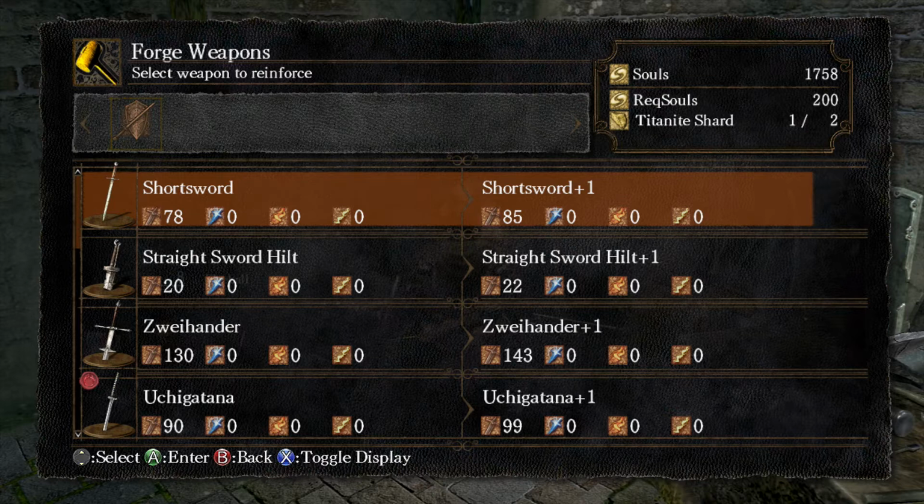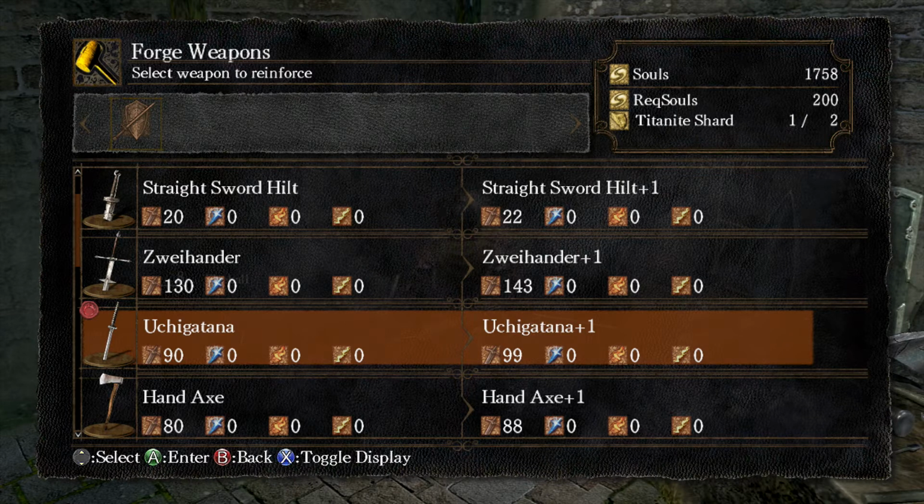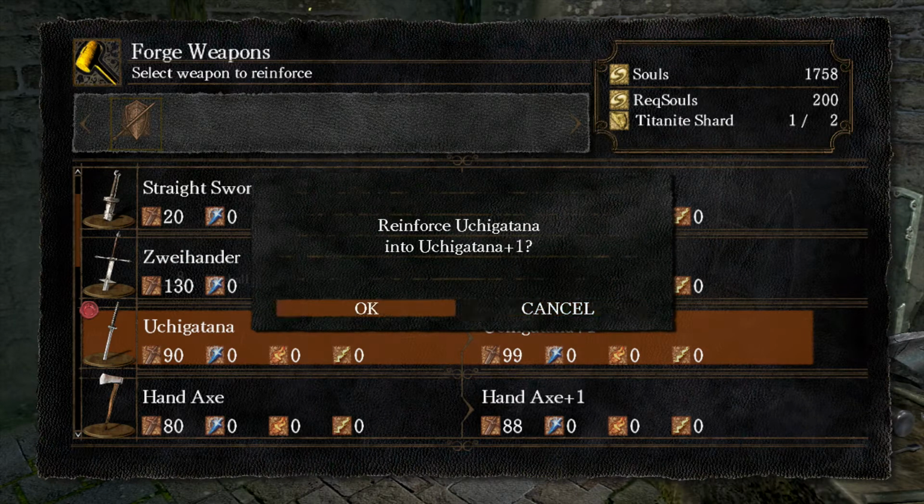You use Titanite shards, and then there's different variations: Titanite shards, Titanite chunks, Titanite slabs, and then you go into different colors. Red Titanite slabs, blue, green, so on and so forth, and each type is upgraded to a specific one. So whatever weapon you're wanting, it'll tell you what type you need. For example, for my Uchikatana to level up, I need 1 Titanite shard, and I have 2. That's what the 1/2 is, 1 out of 2. So I can go ahead and upgrade that once, and it'll make it